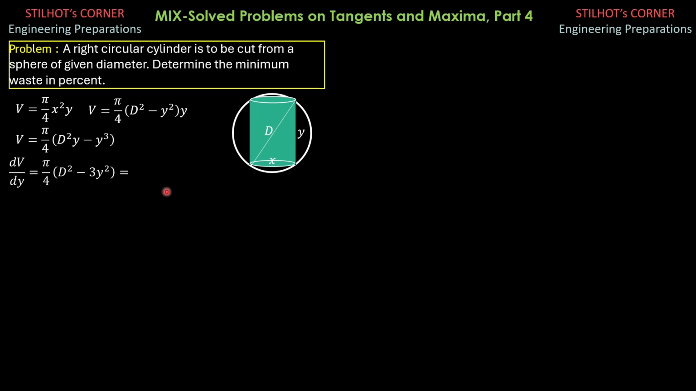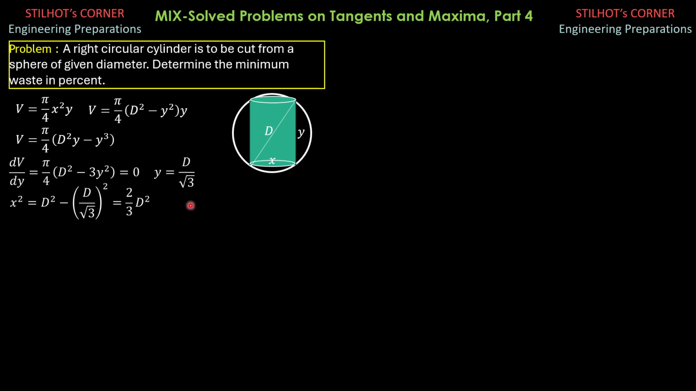Then we equate it to 0. So the quantity inside the parentheses should be equated to 0. So y is diameter over square root of 3. Having found y, diameter over square root of 3, we solve for x, where x squared equals d squared minus y squared. So d squared minus quantity d over square root of 3 squared,